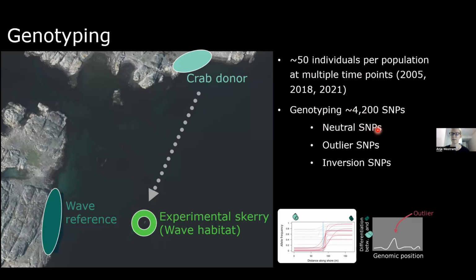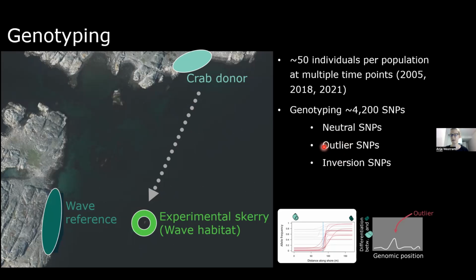We included some neutral SNPs that we expected to do nothing particularly interesting. We didn't expect them to be under selection based on all the information we had from all the other locations that we have studied. But we also included some outlier SNPs. And it is really important to note here that outlier SNPs are not necessarily outlier SNPs anywhere in the system,